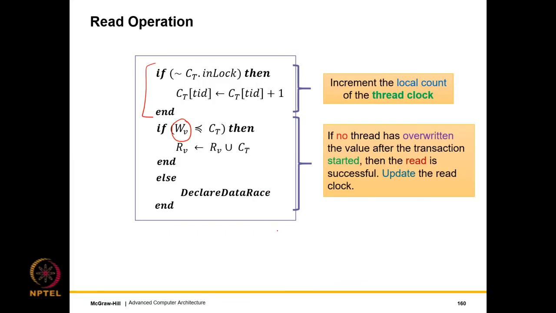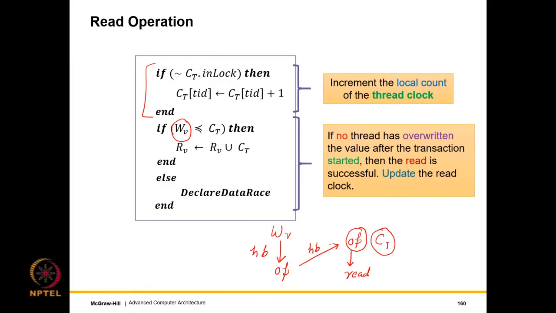Let me explain this in a different manner. Let us say that there was a write to the variable and the program is properly synchronized, which means that there was a happens-before relationship to a synchronization operation. And then there was an interaction between synchronization operations. Again, another happens-before relationship. And then at this point, we are doing the read. So when we acquired the lock this time, we set our thread clock and the clock of the lock to be both equal to CT.